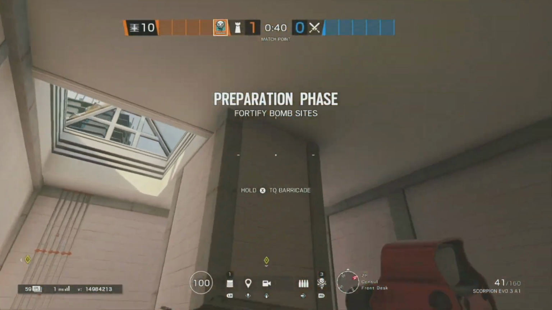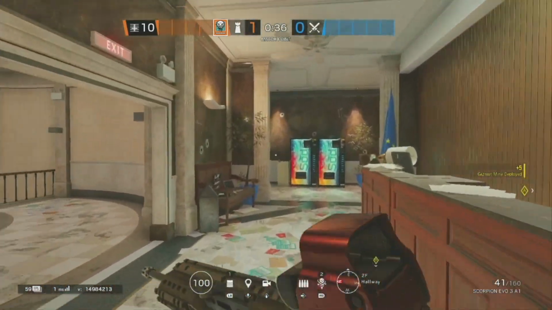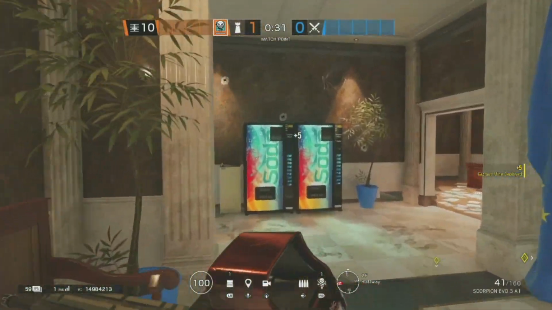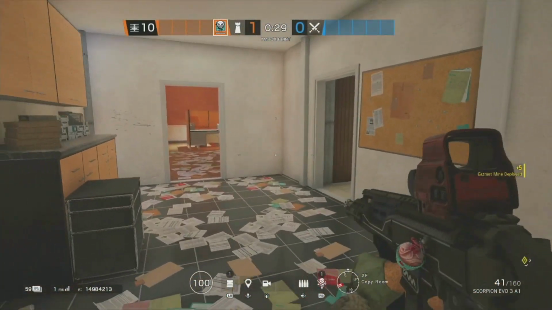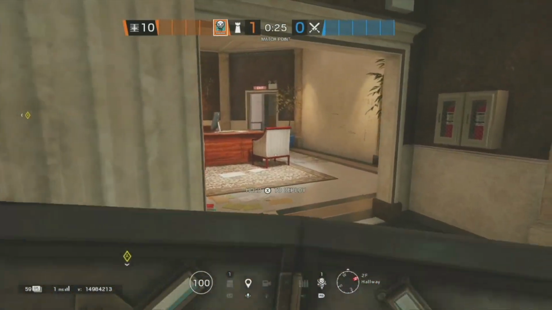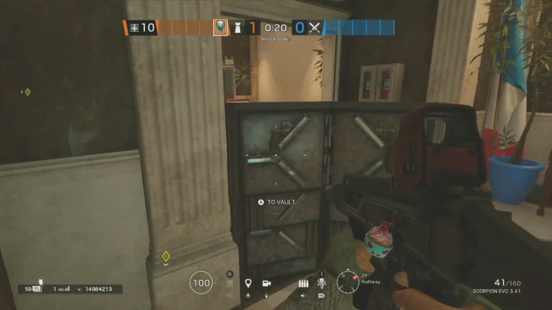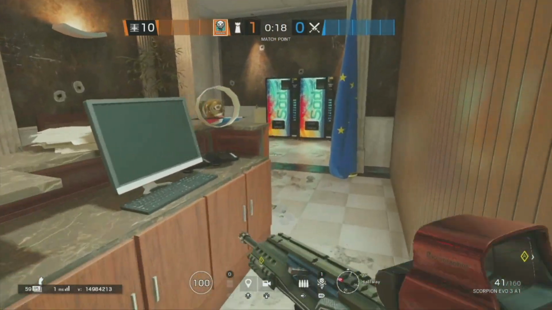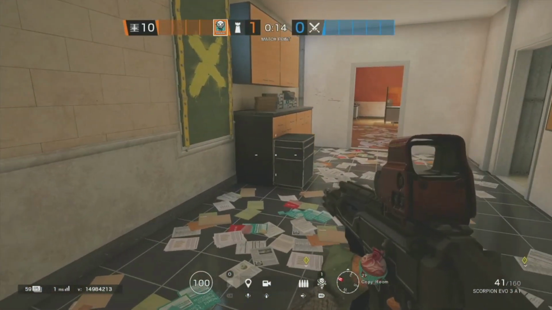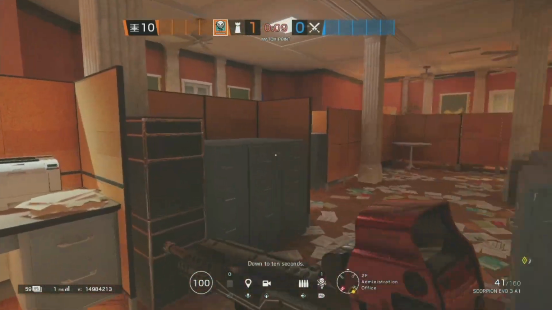So I like to throw one there. This one I get flamed for, but you'd be surprised no one ever sees it. Usually I'm playing from behind this desk right here, and I like to put a shield in this corner. So usually I'm playing from right here, but if I'm not playing from there for whatever reason, I'll usually throw an L-mine either right here or just